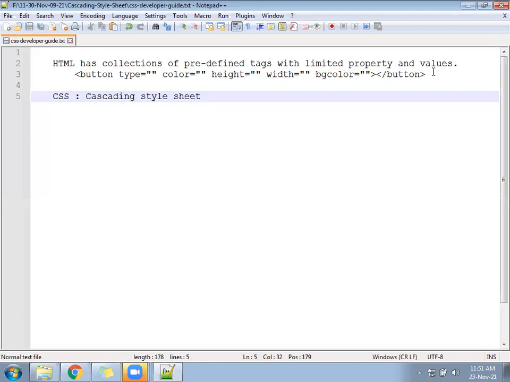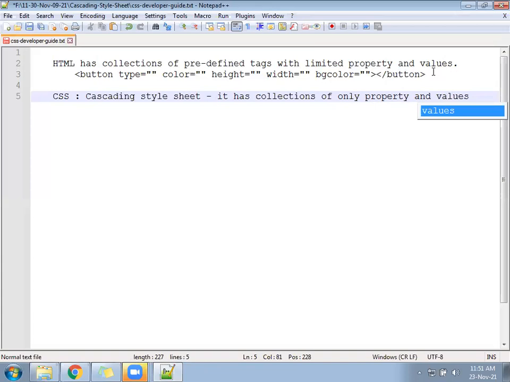Full form of CSS is Cascading Style Sheet. What do we have inside the Cascading Style Sheet? It has collections of only property and values.